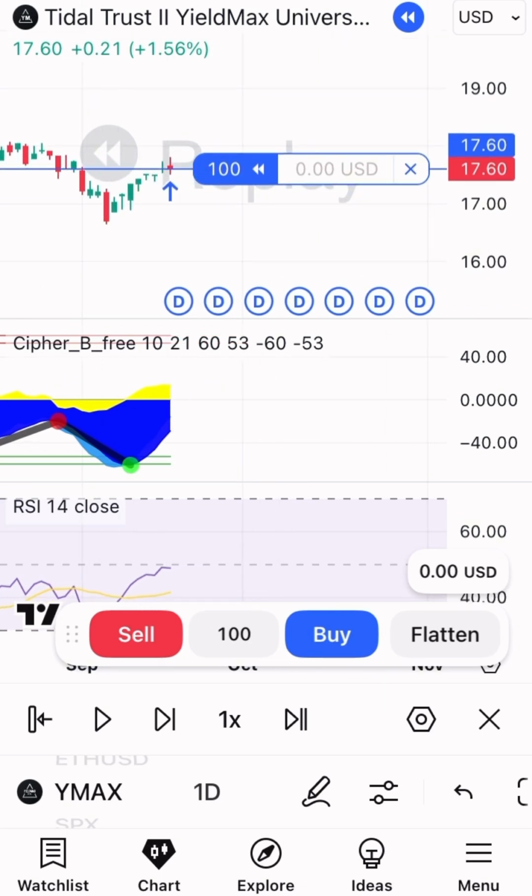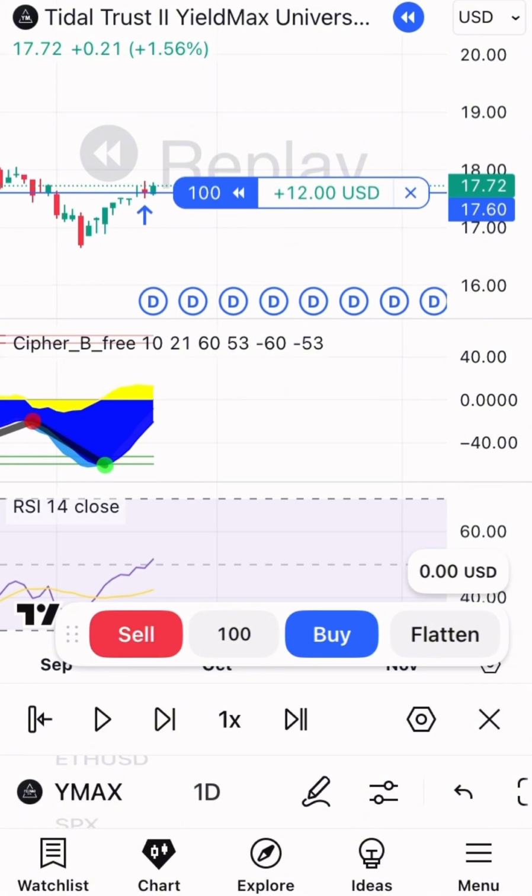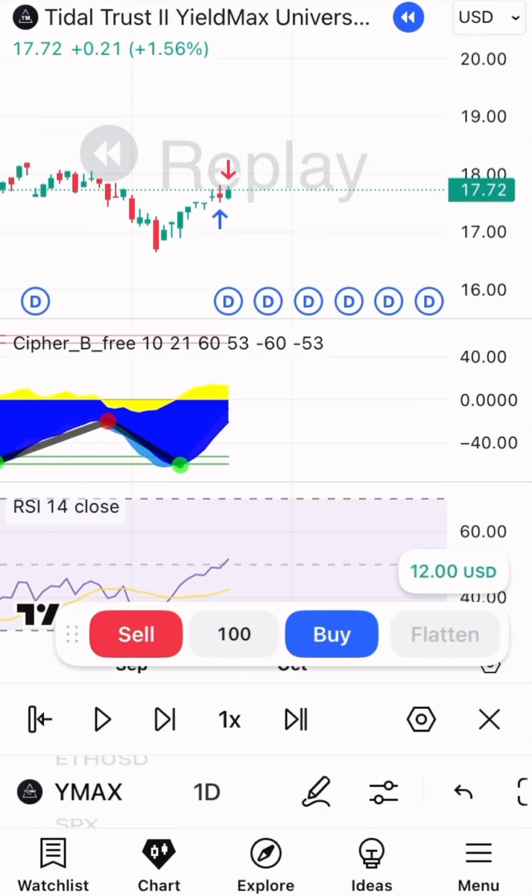As you can see, it recovered from the first day, ex-dividend day. So guess what, flatten, we take that. We got $12 profit plus the dividends. All right, so that's good. I would go out at break even, but this won't let me do that on this thing, but oh well.